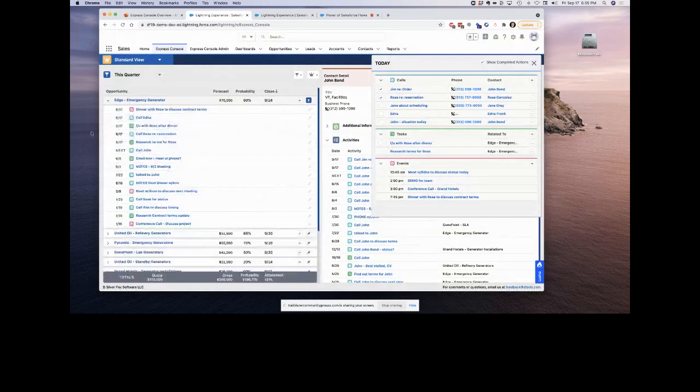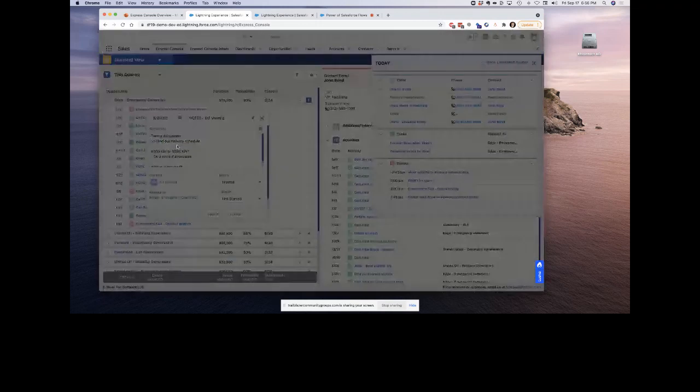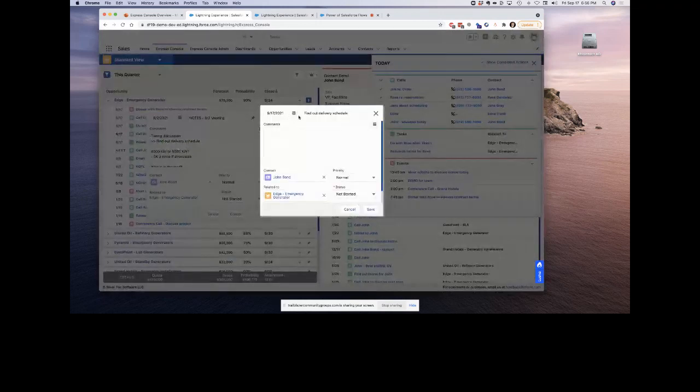Now, final kind of whiz thing here from Lightning Web Components is it allows you to right-click any text. Like if you have call notes from a long call, you can right-click here and say, let's create a new task just from that. And it drops whatever you highlighted into the subject, lets you fill it out. It takes the context from the